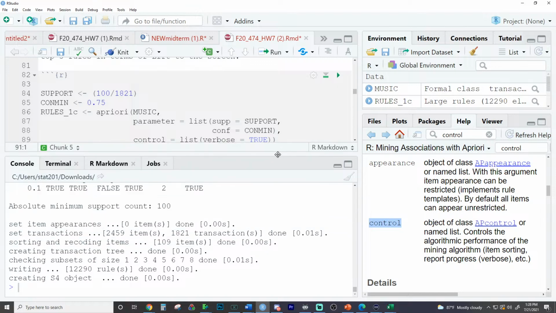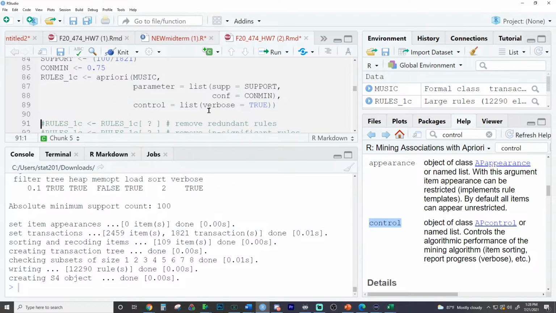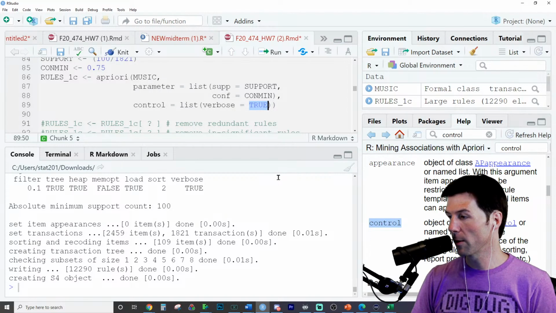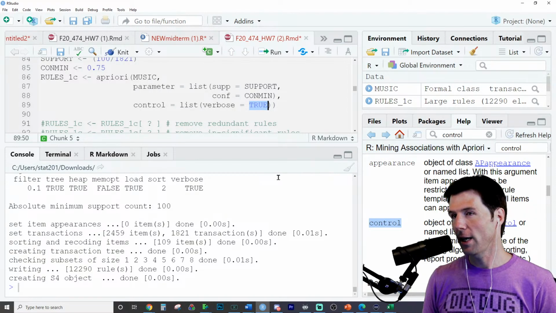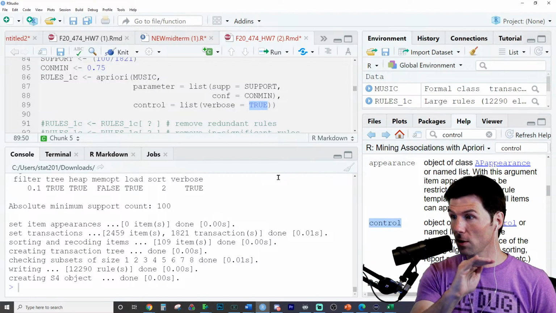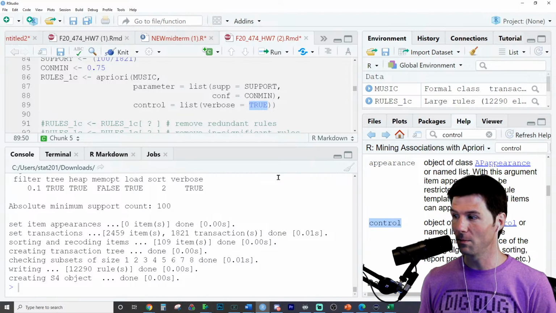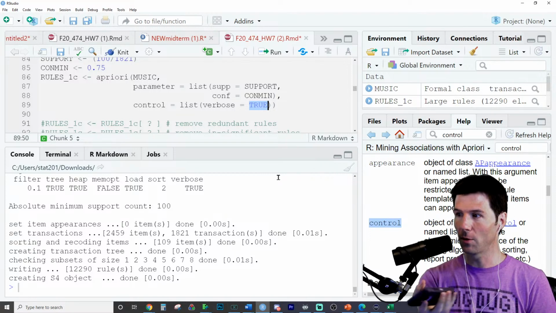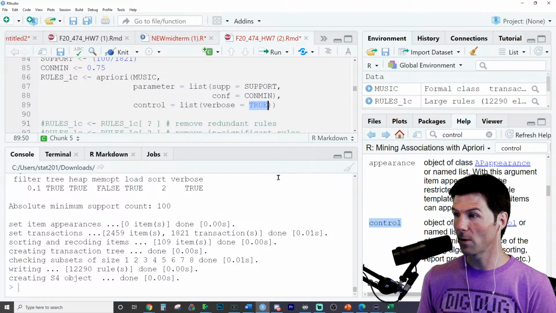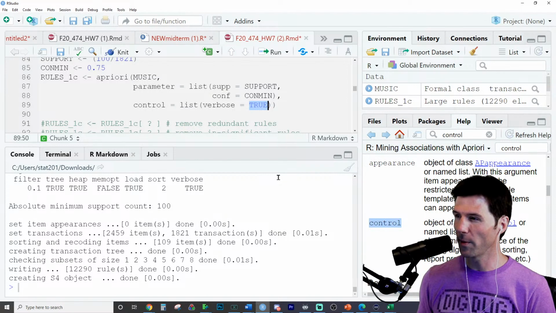So just take a look at the two ways I'm running this right here. The control is also a list because there are just more controls. That's why people use lists a lot of times, so you can do multiple things. They're like, hey, I got this big control panel of things you can put in. You just hand it a list and say, here are the parameters that I want. So it's just a way to enter multiple things.